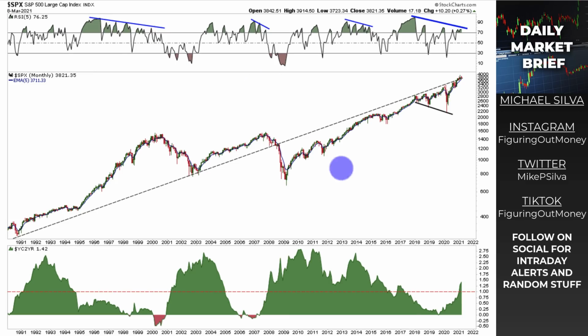This chart is the S&P 500 on a long-term candlestick perspective. The monthly, every candle here represents 1 month of data. I just want to point out the 10s and 2s yield curve down here. Every time it gets inverted, and I've said this before on a previous video, and then it reaches up to the yield curve of 1.0, so this is the curve steepening as it moves up, you can see the past 2 times that it did get inverted and move past that 1.0, we've seen some price action really head north. That was both in the 2000 tech bubble burst and also the 2008 financial crisis.